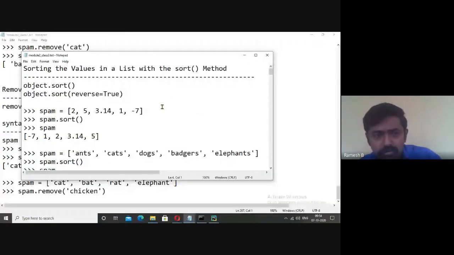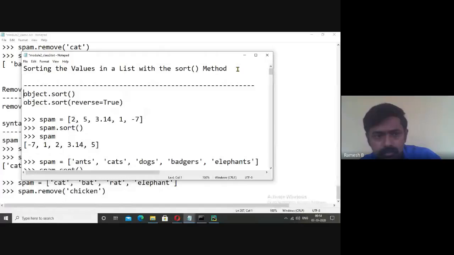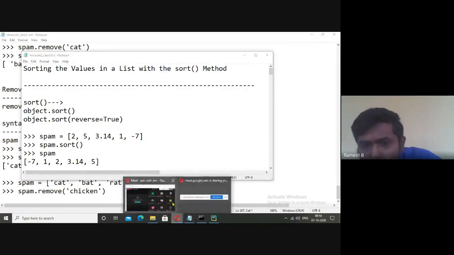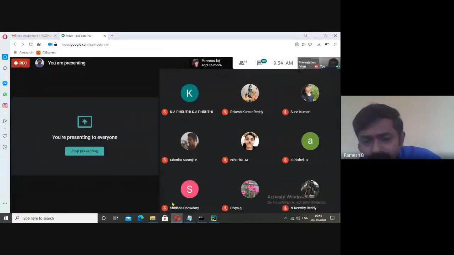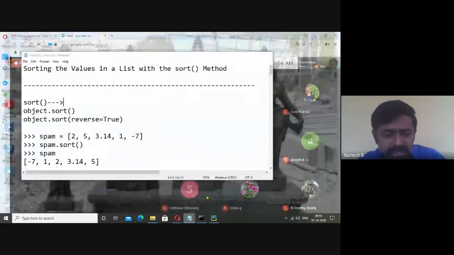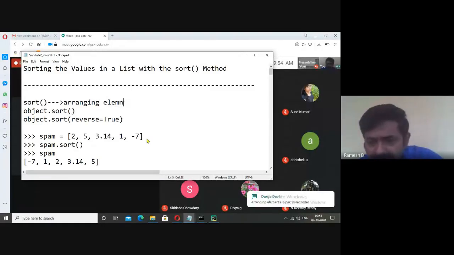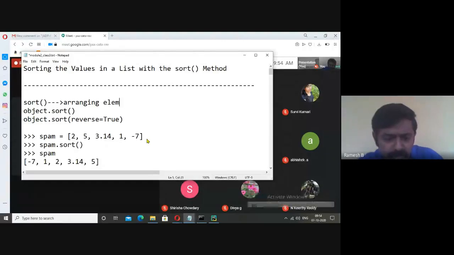Any one of you? What is sort? Arranging the elements. Arranging elements in particular order. Good. Okay, good, Durga Devi. It may be ascending or it may be descending.